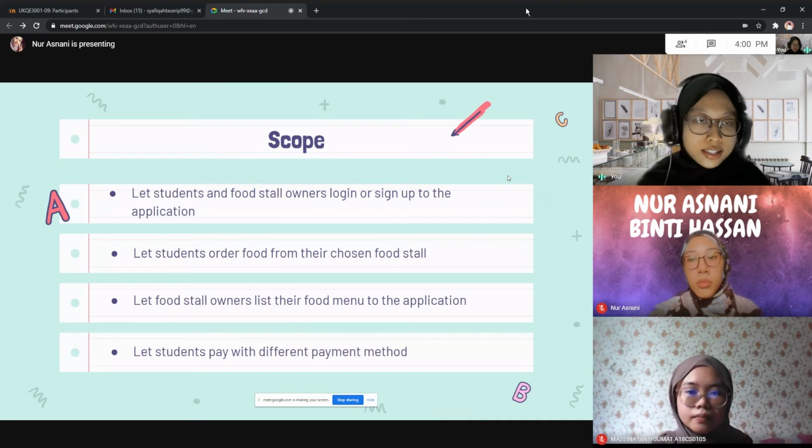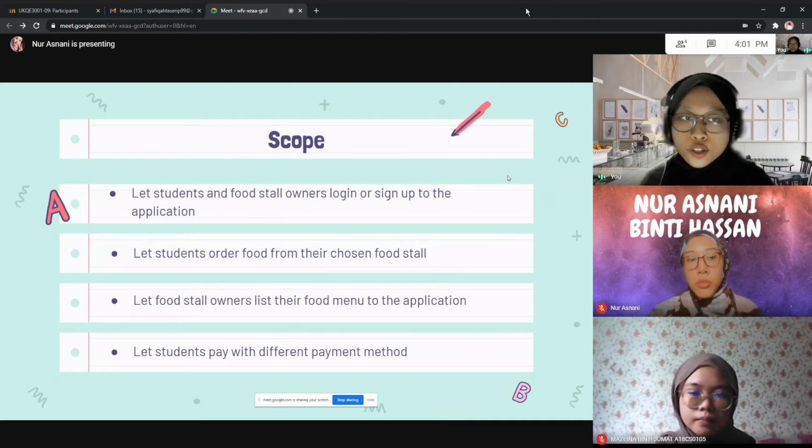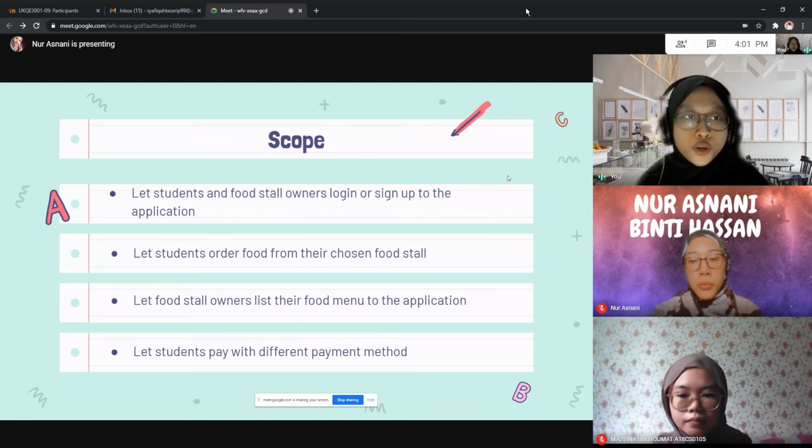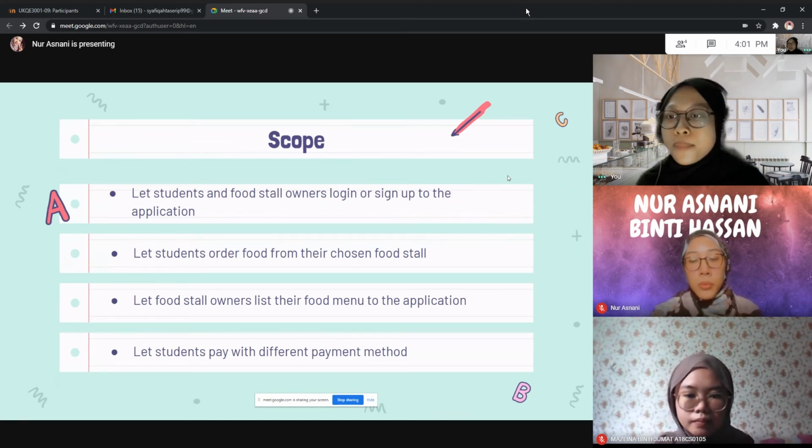And last but not least, for the scope of our project, firstly, our application will let the students and the food stall owners log in and sign up easily. Our application will also allow students to order food from their chosen food stall by just scrolling in our application.